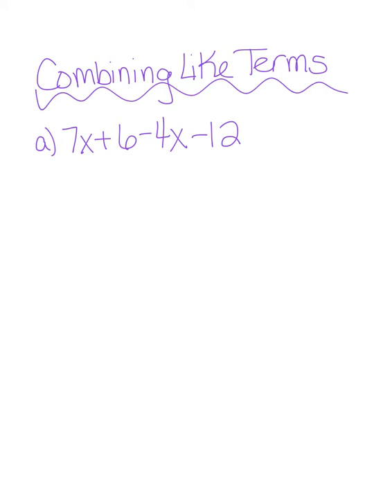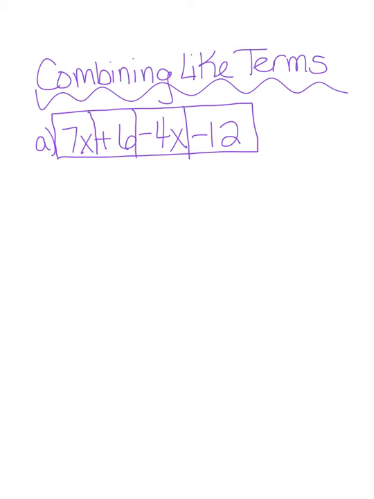Now, if you recall back to learning about this in the classroom, we talked about how we need to determine if we're dealing with positive or negative terms when we go to combine them. And one way to do that is by boxing them in so that we can tell if we're dealing with a positive or a negative number. So in boxing in my terms, I see that I have a positive 7x, a positive 6, a negative 4x,